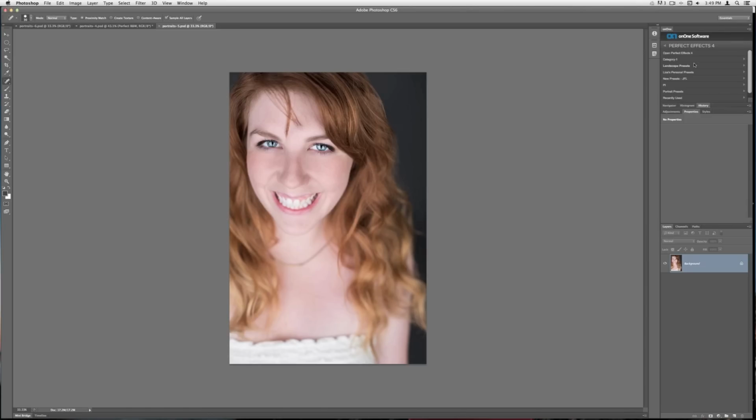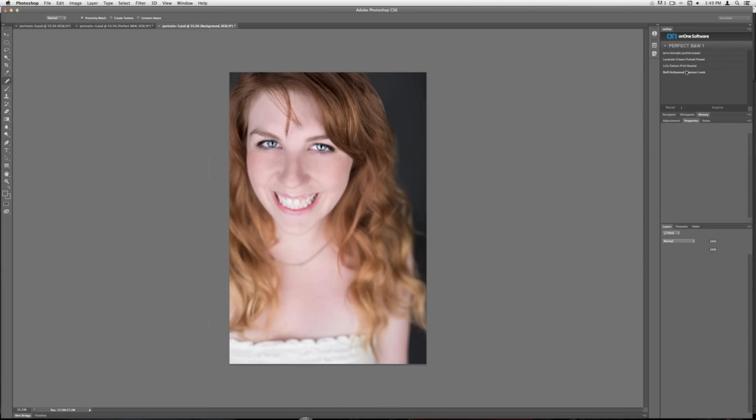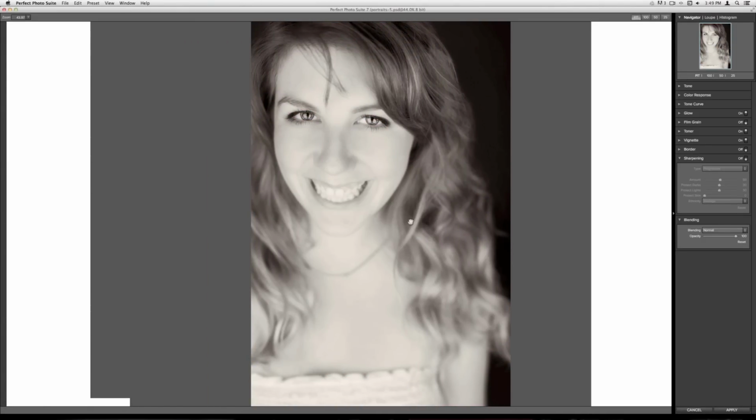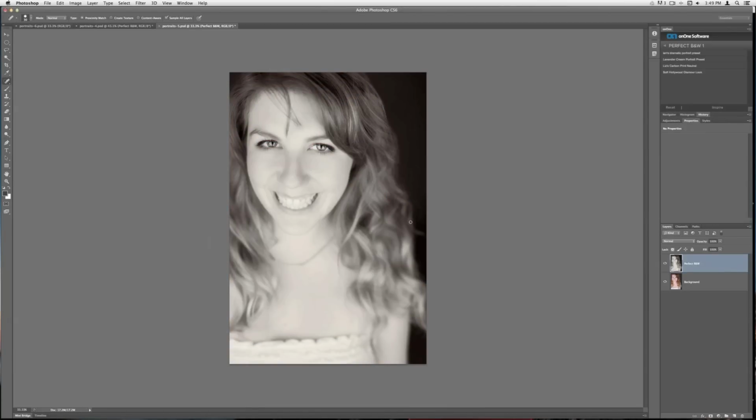So if you want to, you can add an effects layer. So let me go into black and white and we'll open up portrait presets. There it is, soft Hollywood glamour look. So all I need to do is double click this and it's going to apply this preset to my image. So it'll open up black and white, do its little magic, apply all the different changes that I made, and then pop me straight back into